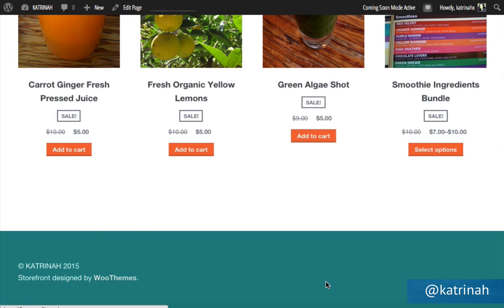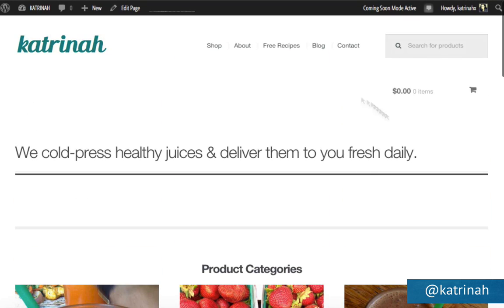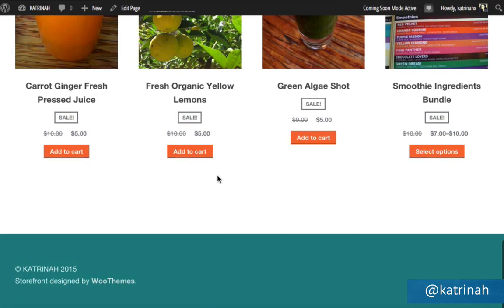Also at the bottom, I want to add some footer widgets, footer sections here, so we can add custom content to the bottom of our footer. So next up, before actually customizing any specific parts of the website, I'm going to come to the bottom and I'm going to start adding the footer widgets in the footer section.